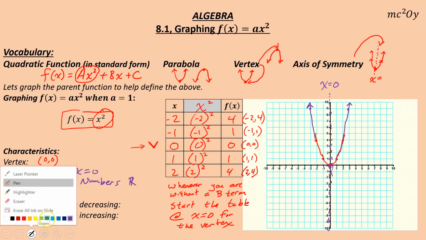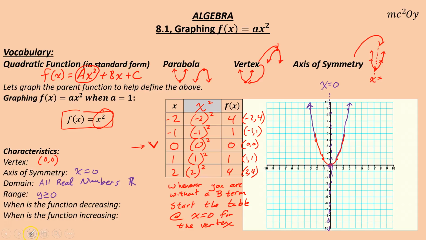So what you have to start to do is look at your graph, and actually let me use a highlighter here. You're going to say, okay, if I was walking on this graph, let me read it from left to right. On this side, as I approach the bottom, I am declining. I am decreasing. So really, I measure increasing and decreasing on the x-axis. Until I get to this point on the x-axis, I am decreasing. So I am decreasing all on this side,